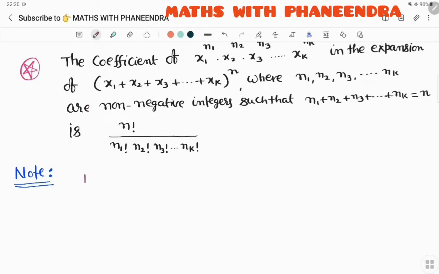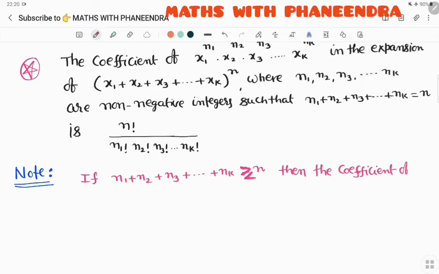Note this: if n1 plus n2 plus n3 plus and so on nk is greater than or less than n, observe carefully, then the coefficient of x power n, the coefficient of